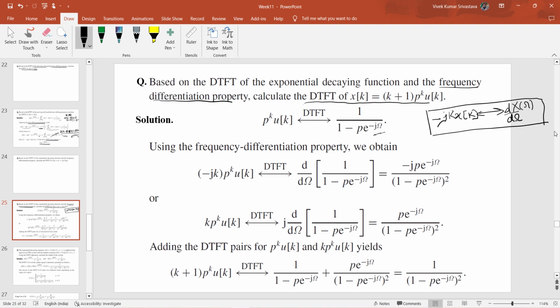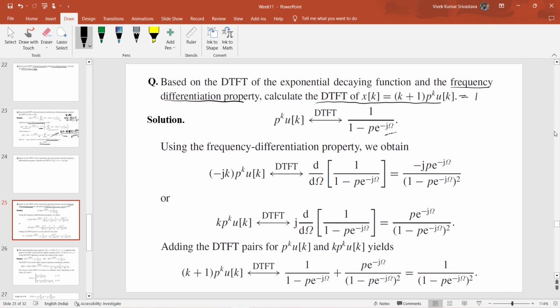Now this function can be further written as k into p raised to the power k u of k plus p raised to the power k into u of k. For the second function we have already evaluated the transform, but for the first function we will use the frequency differentiation property, which states